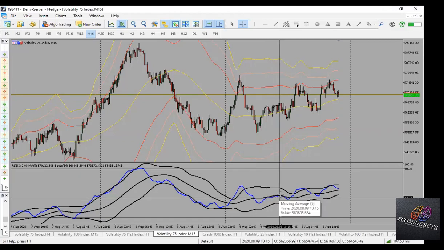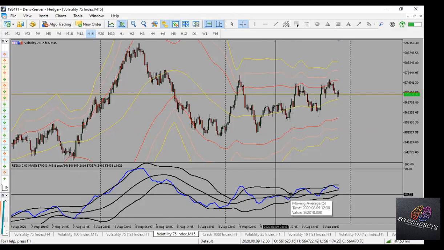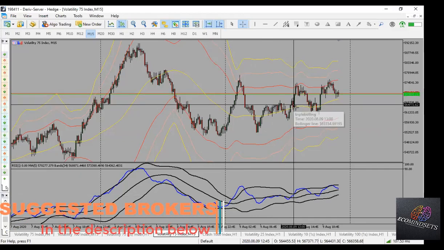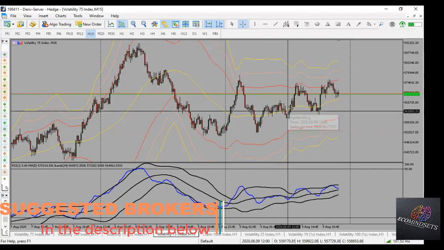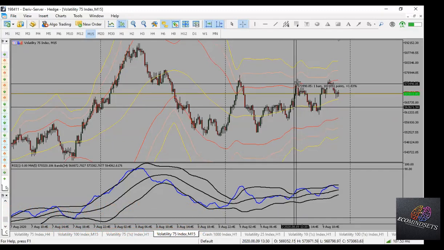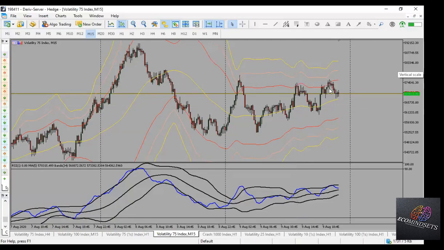So we will not enter until here. What did we see? Now it breaks above. It breaks the middle Bollinger Band above. So this is our second rejection here. We would have entered this trade here and ridden it to the upper Bollinger Band and taken our profit. Very, very important.